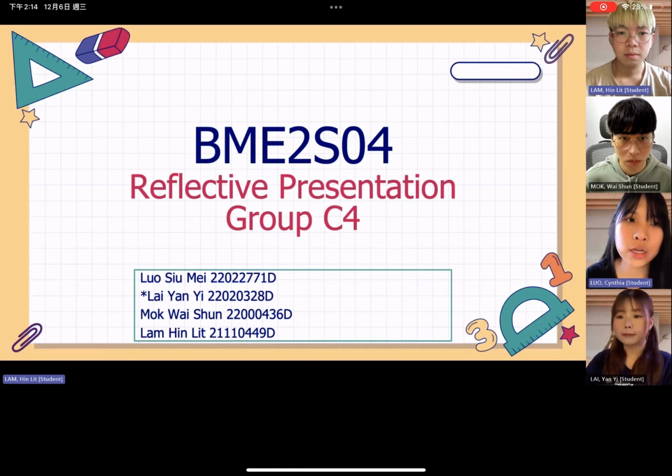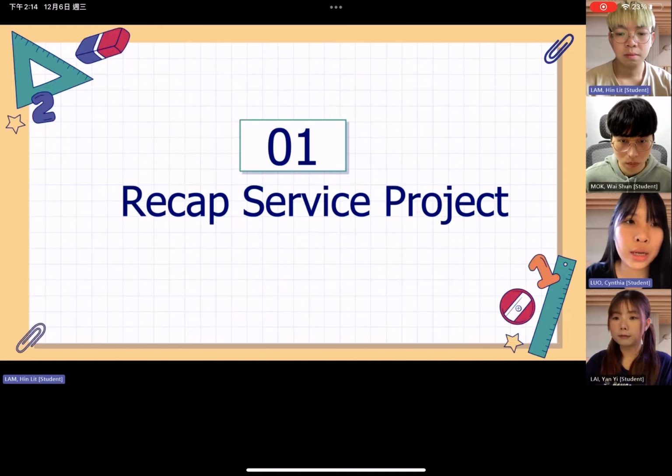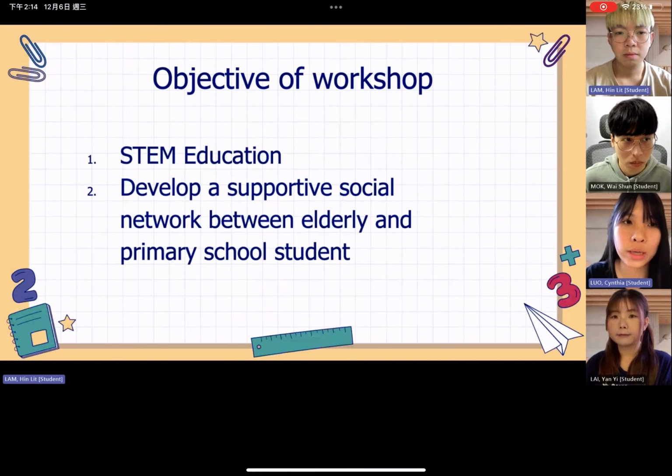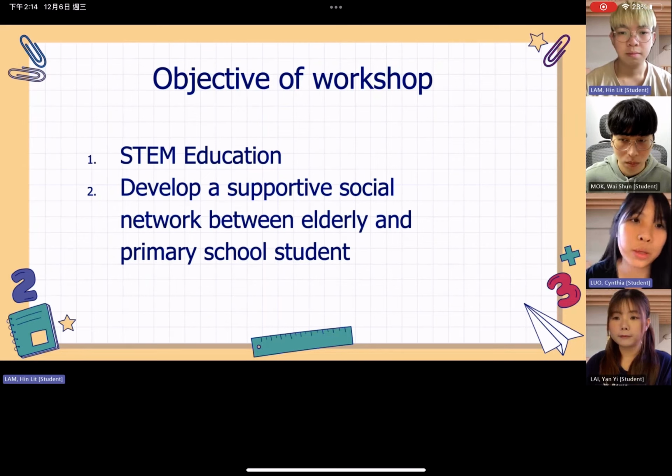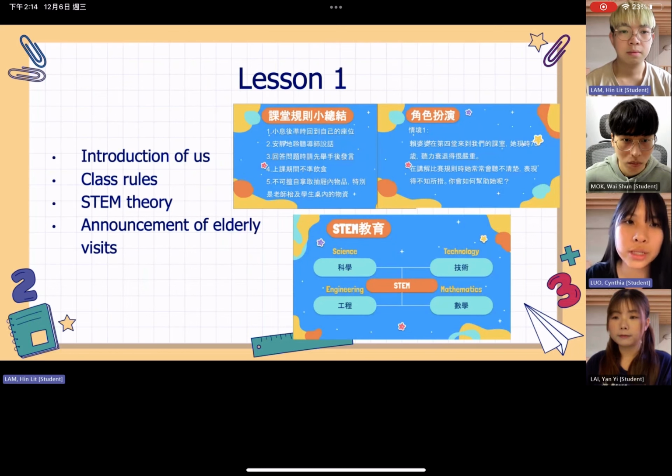I'm Cynthia. First, let me recap the Surface project. In this workshop, we aim to achieve two objectives: promoting STEM education and fostering a supportive social network between elderly and primary school students. In our first lesson, we introduced ourselves, set the class rules, and delved into STEM theory. The most important thing was the announcement of lesson 4, where the elderly came to school and